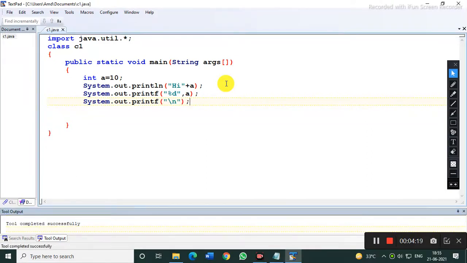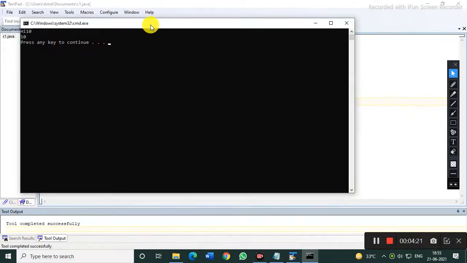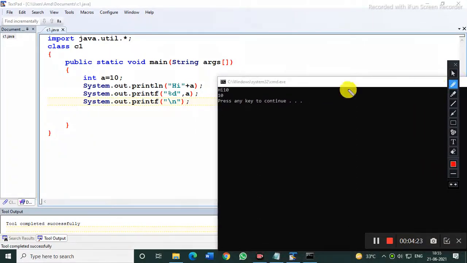As you can see, with the help of the first println you get hi 10, the message followed by the value of that variable. In the next line, as I told you, ln will change your line, so automatically your cursor comes to the next line. In the next line you get the integer value through %d.